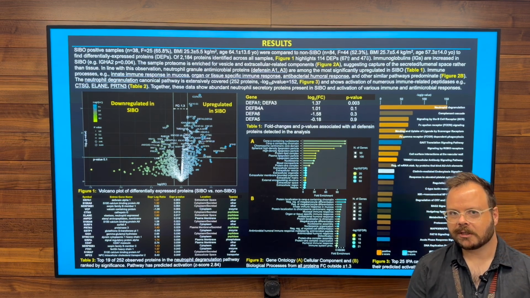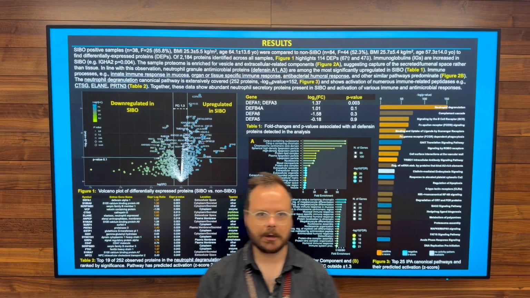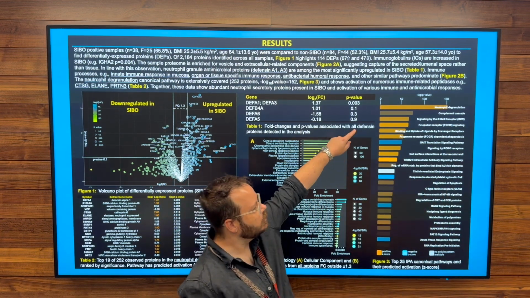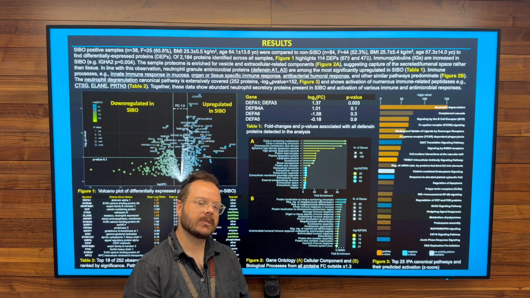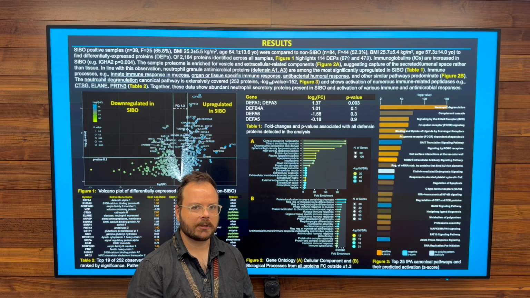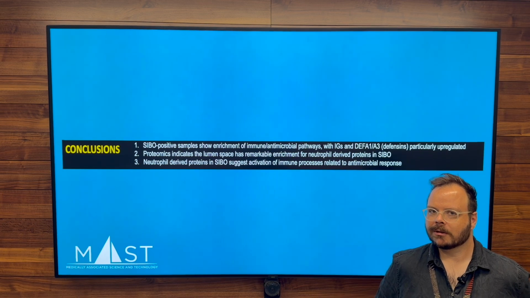So if we look at the particular pathways that are in this data set, we have many proteins that are part of the neutrophil degranulation pathway, and this highlights that there is a specific neutrophil response occurring to SIBO in the lumen. So to summarize some of the important results we see